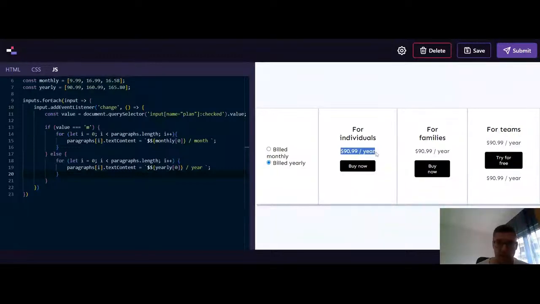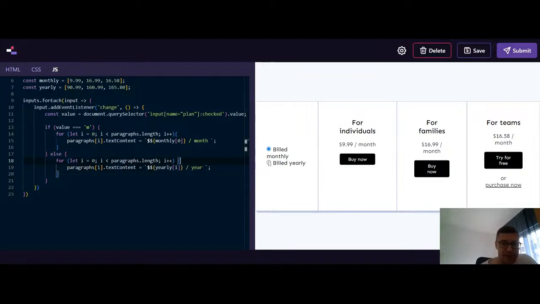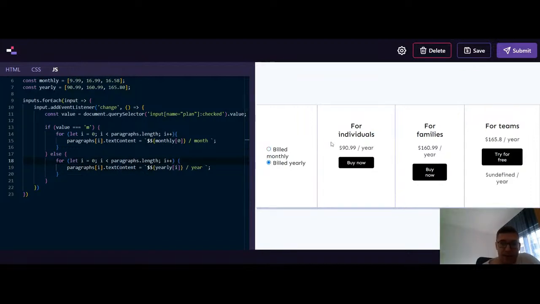I'm putting the text content here, the prices. Oh, I'm already using 0, not 0, but sorry. Let's try now. I'm having 99 a year, 160 a year,